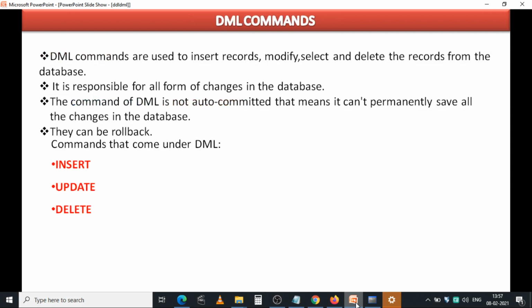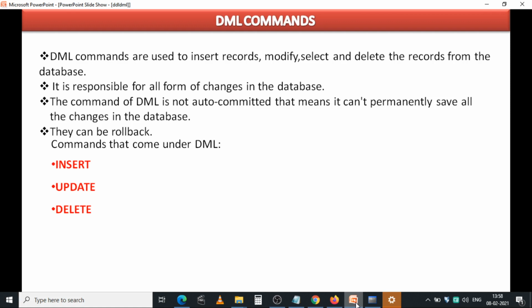And coming to DML commands. DML means data manipulation language commands. After creating the table structure, you need to insert records in the table, and if you want to make any changes in those records, you have to change them. And if you don't want some records in the table, you need to delete the unnecessary records, and you also need to retrieve whatever data you want from the tables.